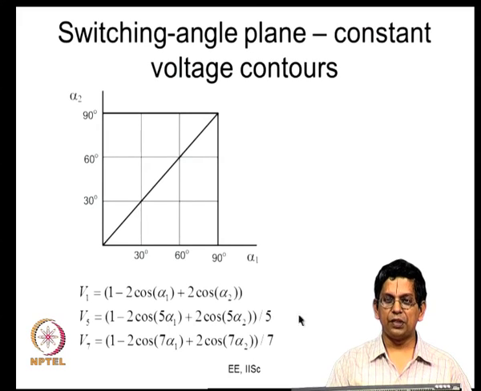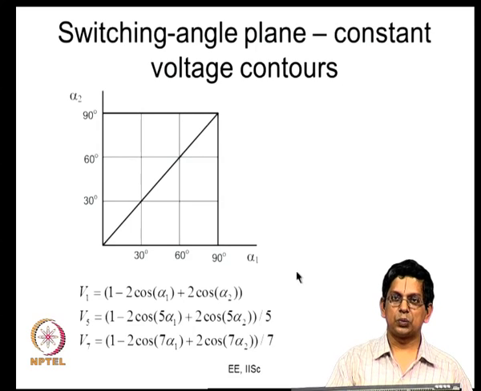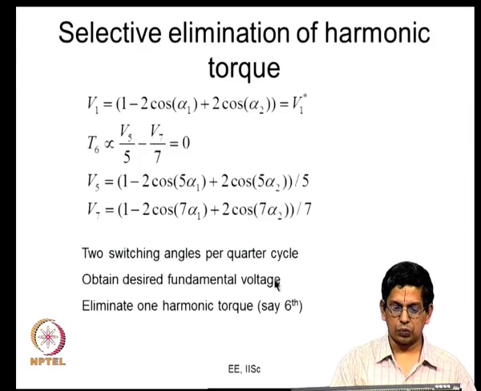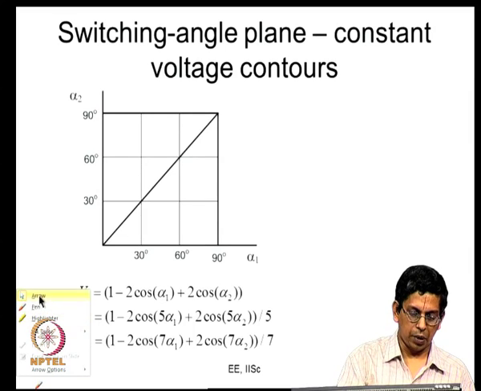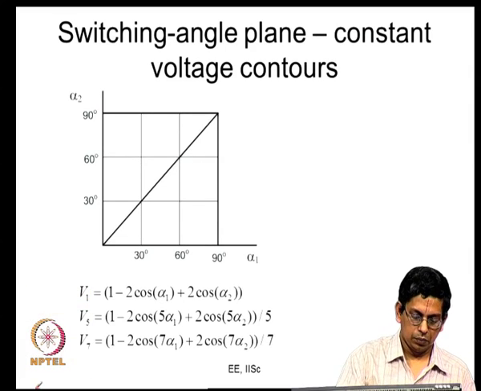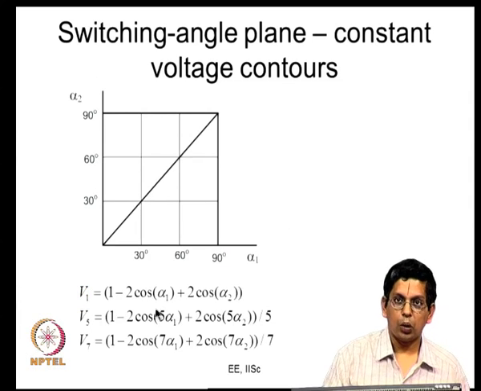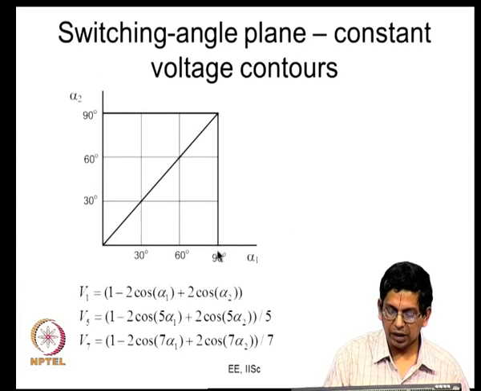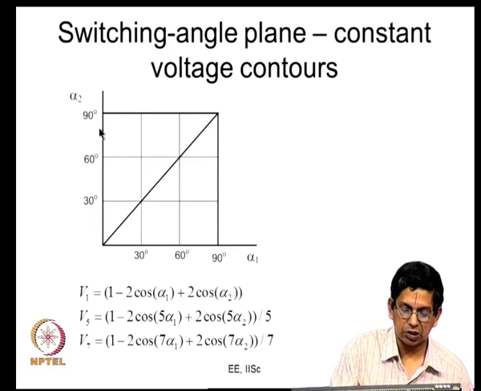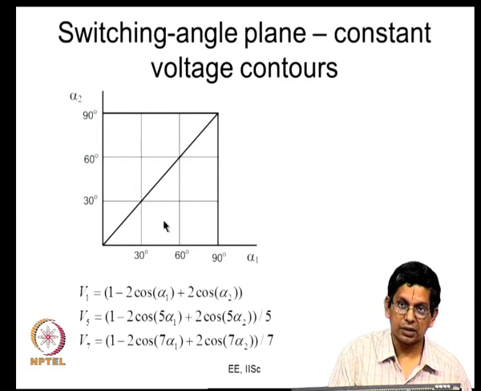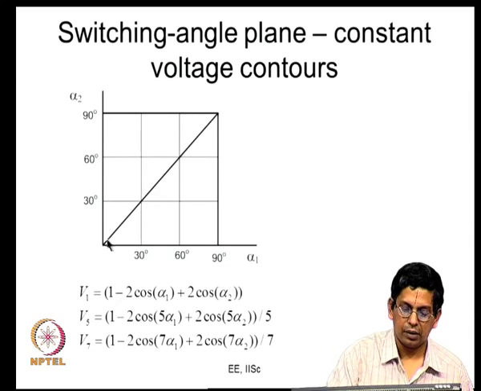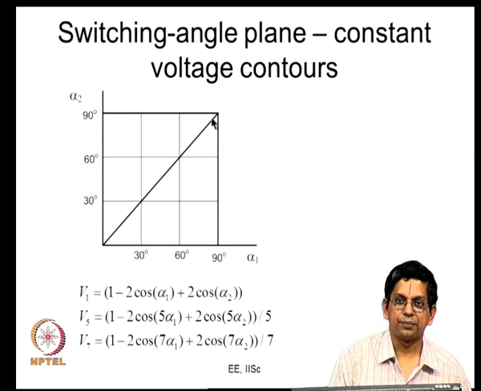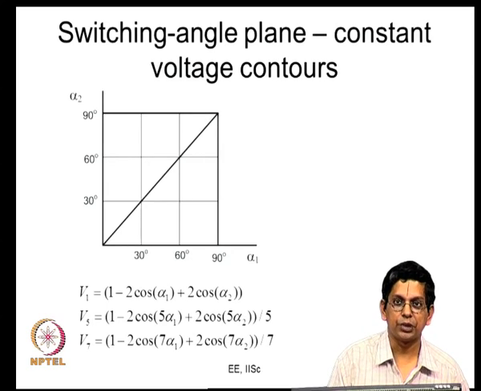Now, to get a feel for this, let us do a recap of what we did before, that is the switching angle plane. We had these 2 angles alpha 1 and alpha 2. Let us consider one of them along the x axis and another one along the y axis. So, this is your plane. Now, you are looking at this plane, alpha 1 cannot exceed 90, alpha 2 cannot exceed 90 degree because it is within 1 quarter, and alpha 1 has to be less than alpha 2. So, you are essentially looking at this upper triangle. This is the area within which all your possible PWM waveforms lie.